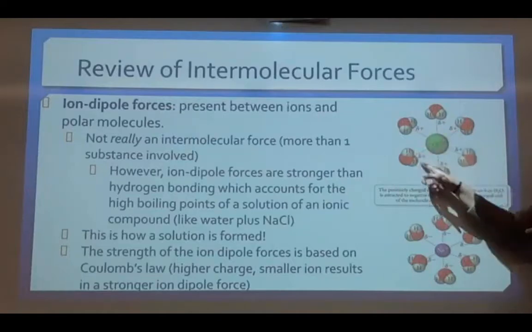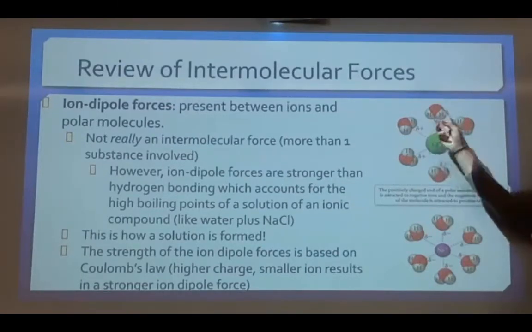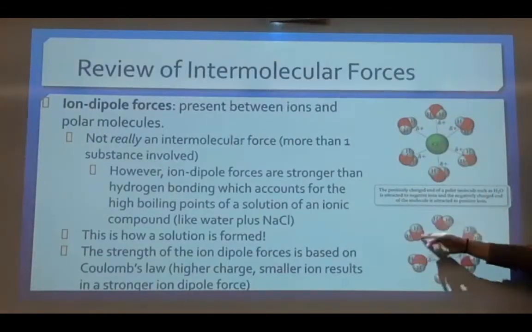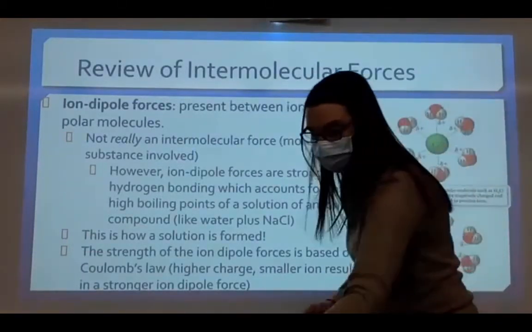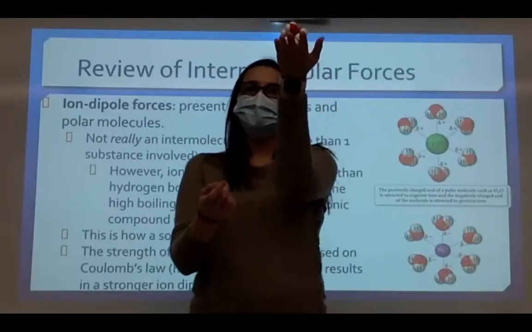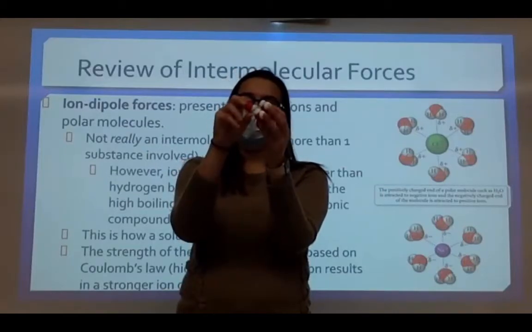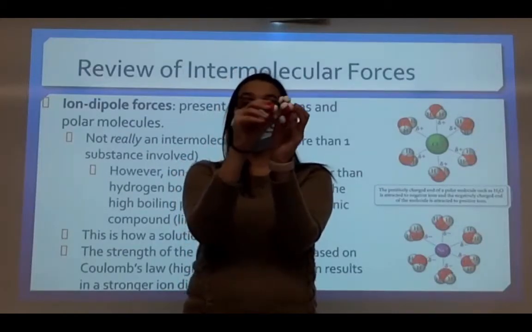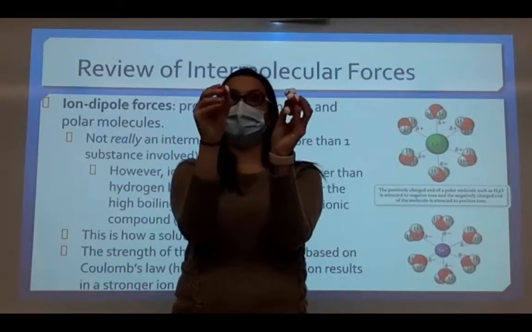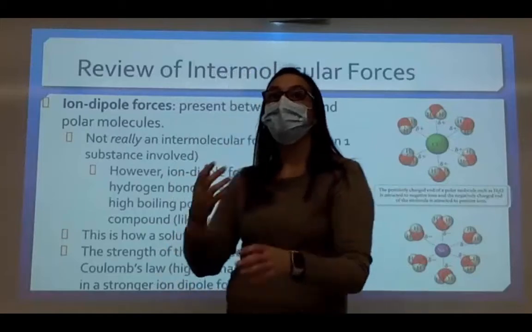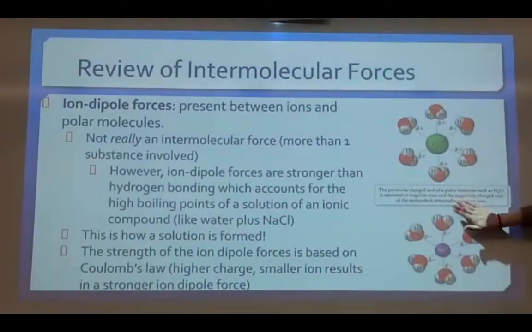So here we have Cl minus. It shows the hydrogens are oriented toward the Cl minus because that's the partial positive side. For Na plus, if you notice in this model, the oxygens are oriented toward the Na plus. If I try to put the hydrogen toward it, it repels. It actually doesn't even let me put the hydrogen on the Na plus because they're both the same, right? Positive, partial positive. So ion-dipole forces are stronger than hydrogen bonding, and we will come back to ion-dipole